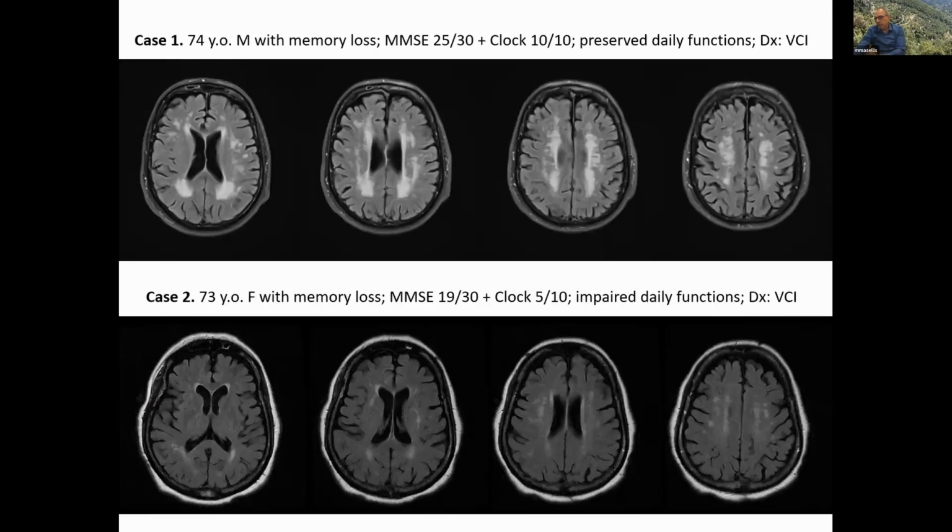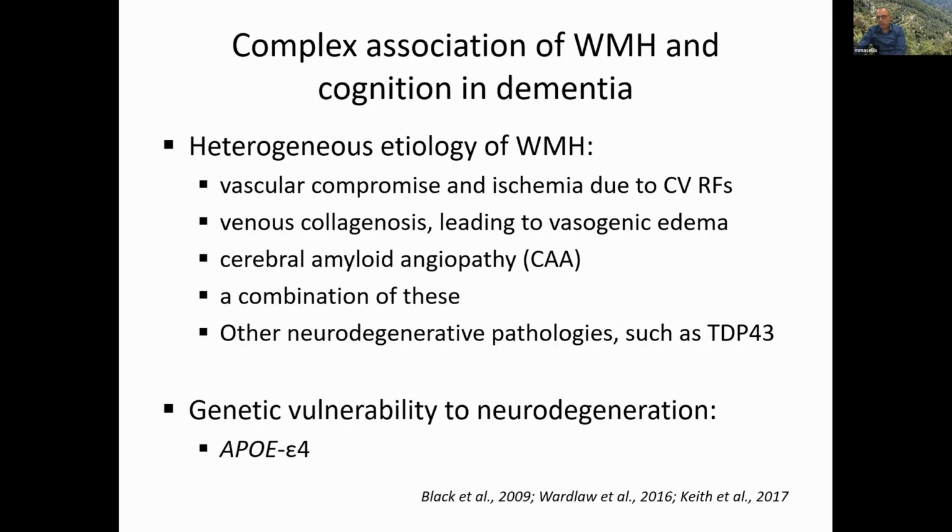These are just some cases whereby we have a patient who has essentially vascular cognitive impairment with, as you can see, a moderate to severe burden of white matter hyperintensity, who had preserved daily functions, contrasting that with an MRI scan of someone who's more severely impacted. This person also met criteria for dementia because their daily functions were impaired, and you can see there was a much more minor burden of white matter hyperintensities. So we wanted to understand more about why this may be the case, why there is this complex relationship